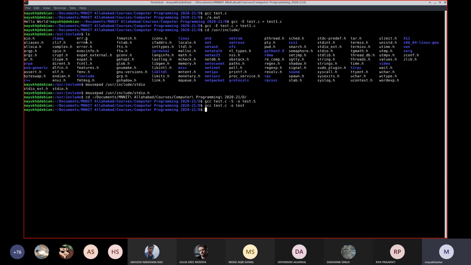And if you do not provide that -o, it will use a default executable file name called a.out. Eventually you can execute this test as well.